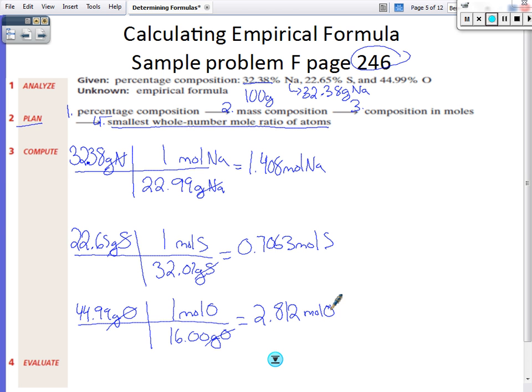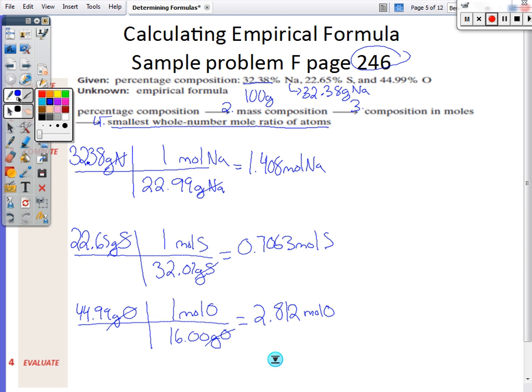Alright, the next step here, so I've got composition into moles. Now I want to find the mole ratio. Because basically, it doesn't do me much good to say 1.408 moles of sodium to 0.706 moles of sulfur, and so on. I want to find whole numbers so I can write them out in a chemical formula. So here's what I want to do. Nice little trick. If I divide by the lowest amount,